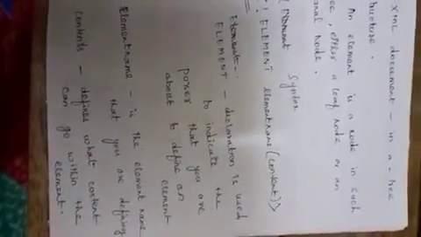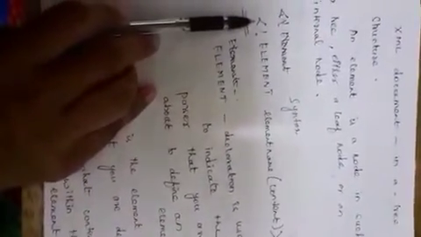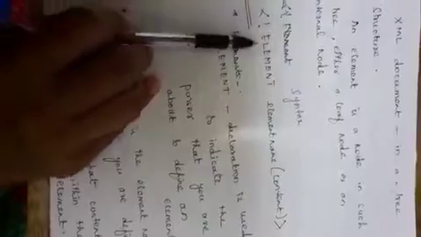Here let's see the syntax for the element declaration. Start with the angle bracket, exclamation symbol, and then the keyword ELEMENT in capital letters, and the element name and the content of the element, and then close the angle bracket. So this is the syntax for the declaration of an element.